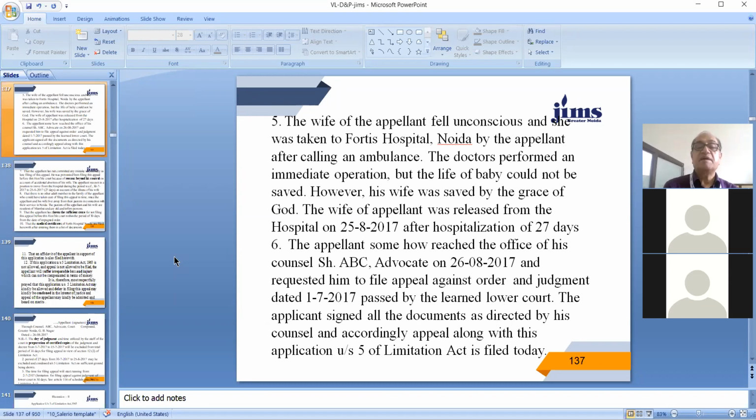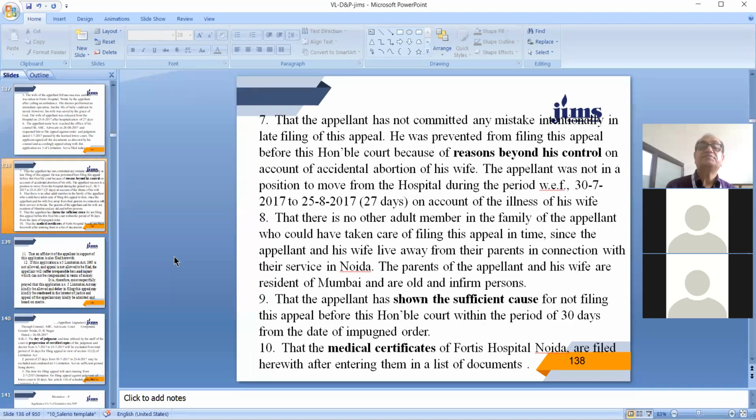Para 6, the appellant somehow reached the office of his counsel, Shri ABC Advocate, on 26th August 2017 and requested him to file appeal against the order and judgment dated 1 July 2017 passed by the London lower court. The appellant signed all the documents as directed by his counsel and accordingly the appeal along with an application under Section 5 of the Limitation Act is filed today. Para 7,